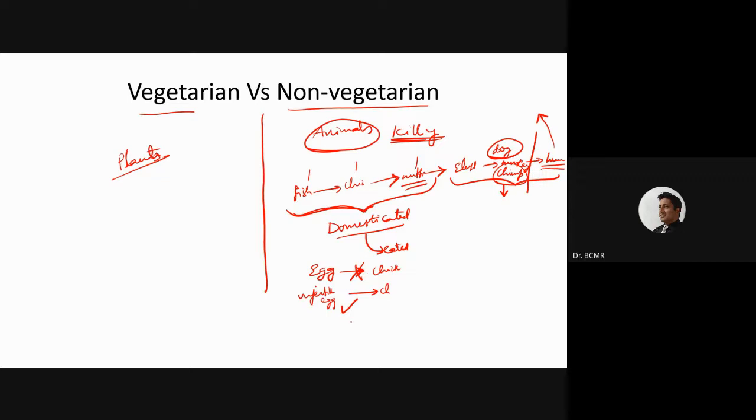Then people will say, okay, but the non-vegetarians can say, what about milk? Is it an animal product or a plant product? It is coming from an animal. How can you take that? How can you drink that? And then people will say, we don't kill the animal. The animal is still there. And the counter argument to that will be